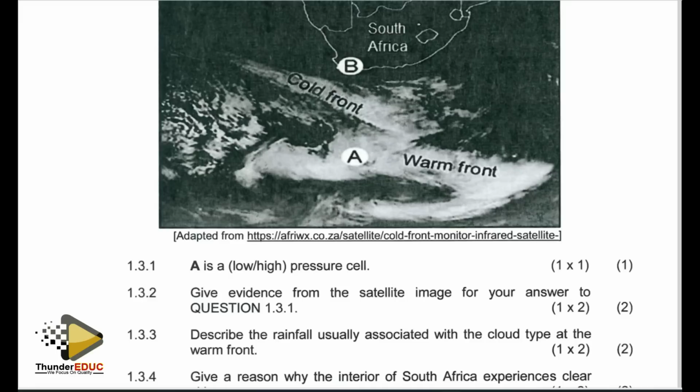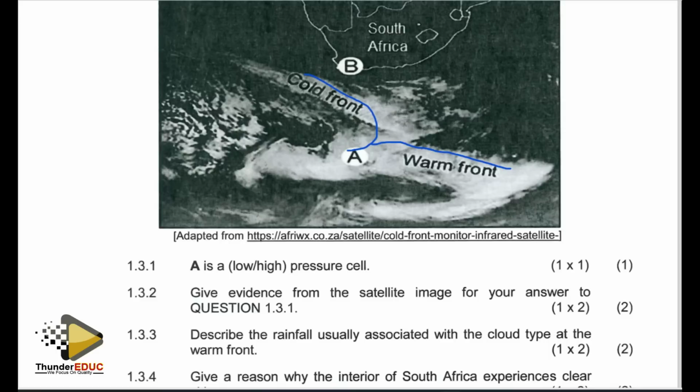We try to illustrate and show how these two are relating. The cold front is coming from this side, and you can see it getting to A. Then we have a warm front on this part. That is basically what this weather system is like. If you can see there, we can try to figure out using the way we read synoptic maps